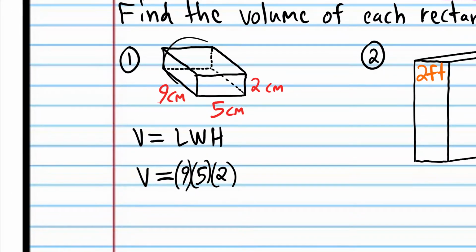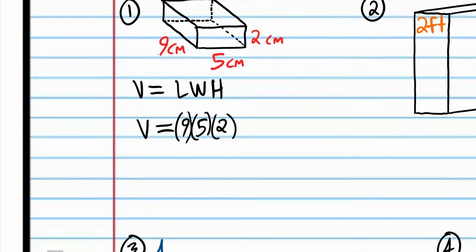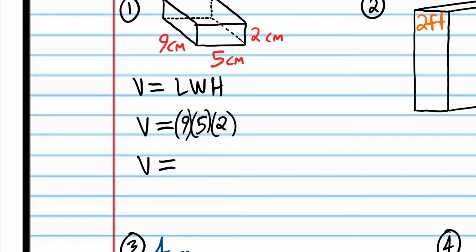And also, if you take this rectangular prism and you set it up so that this is the top over here and this is the bottom, then the length, width, and height would change depending on the orientation. So again, it just doesn't matter what order you put it in. So we're going to multiply all those together, and it looks like we get 90